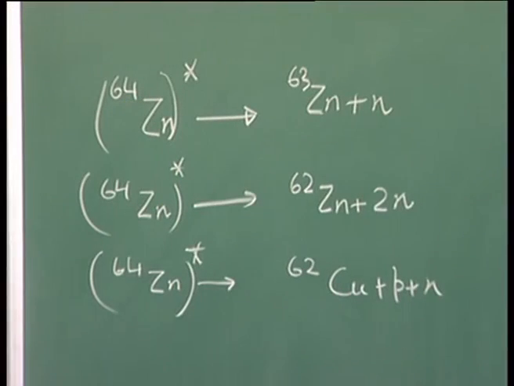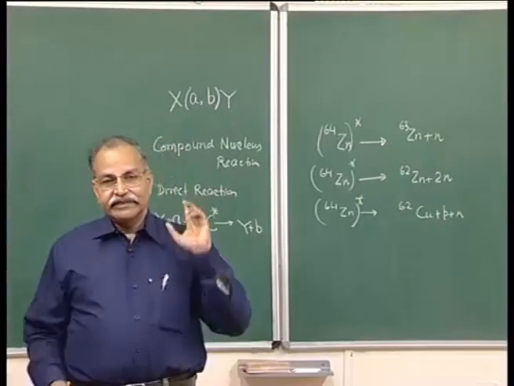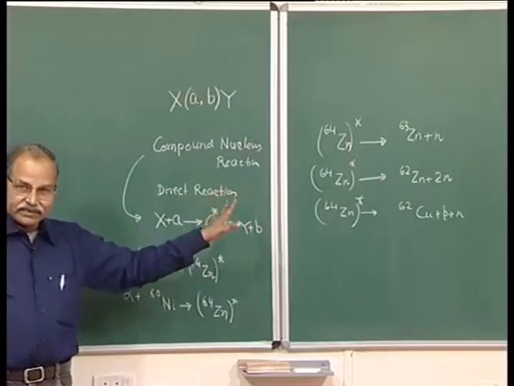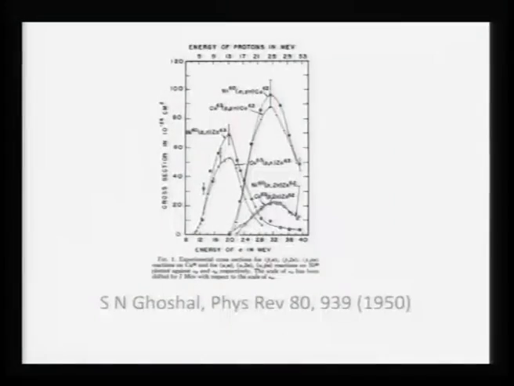Okay. So, let me show you a slide in which these reactions are studied, and we will see that the assumption has experimental support. So, look at your screen. This is a paper by S. N. Ghoshal, Physical Review 80, 1950, and on the screen you see the x axis, horizontal axis here. This is energy here of alpha particle in mega electron volts,